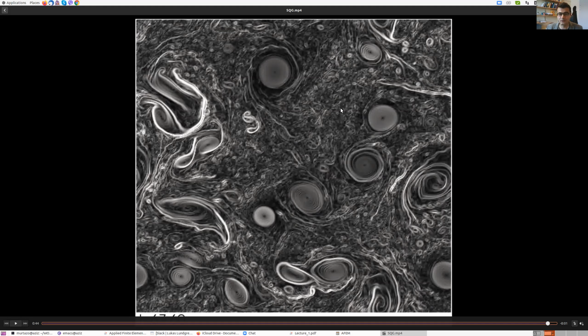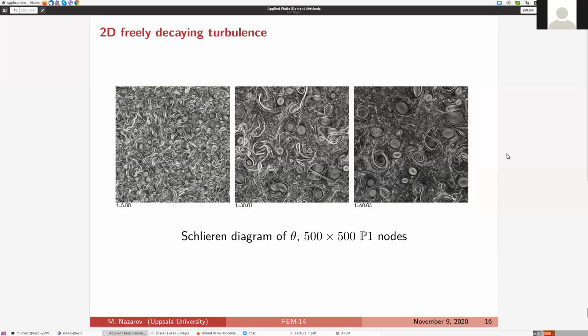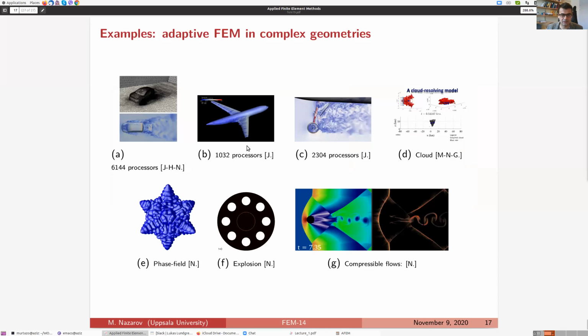Something like this. If this is a question for the physicists. All right, so there are a lot of other applications that I did in the past. These are for CFD. And the good thing with finite element, they work for unstructured mesh. For example, here,